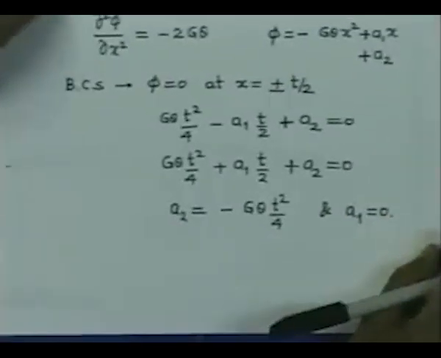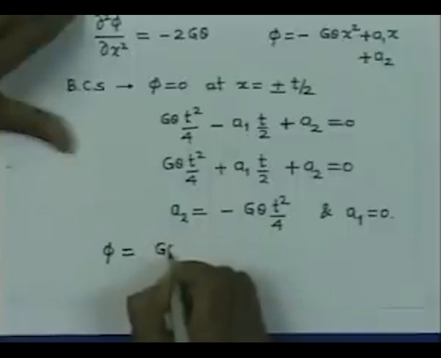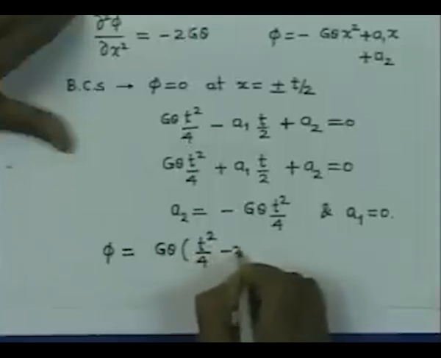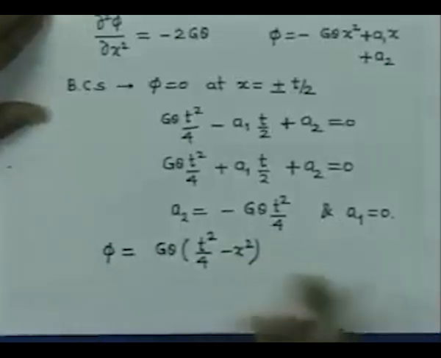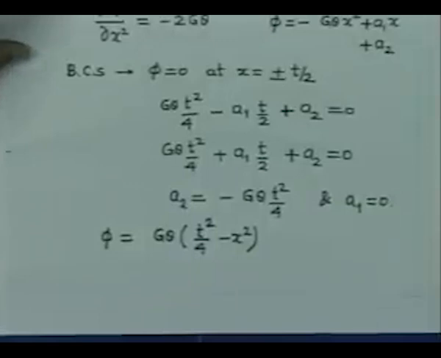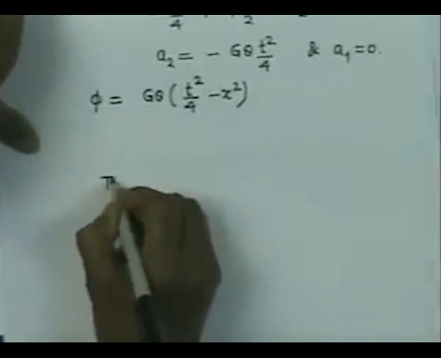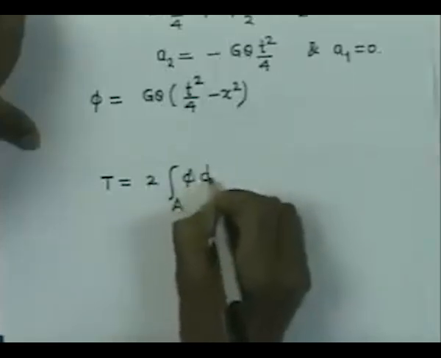Substituting the values for the constants, what we find finally is that phi is equal to g theta into t square by 4 minus x square. So, that is the variation of phi with x. We also know that the torque capacity of the shaft is given by 2 times the integration of phi over the whole area. So, if we consider that relationship, we have T equal to 2 times the integration of phi over the area,